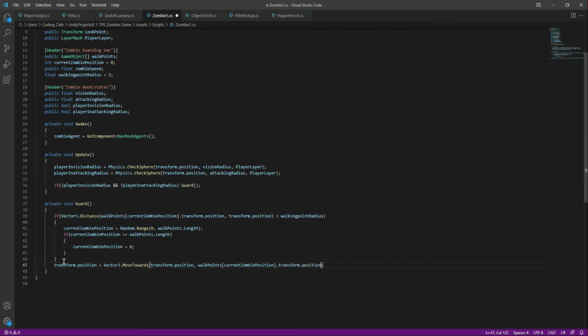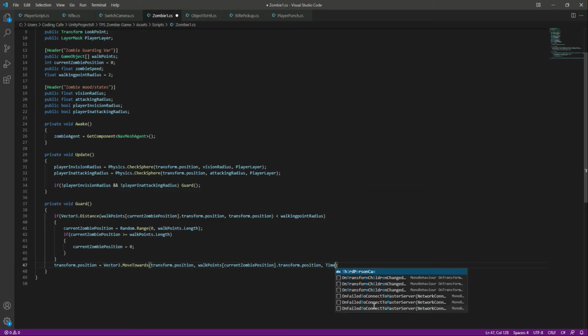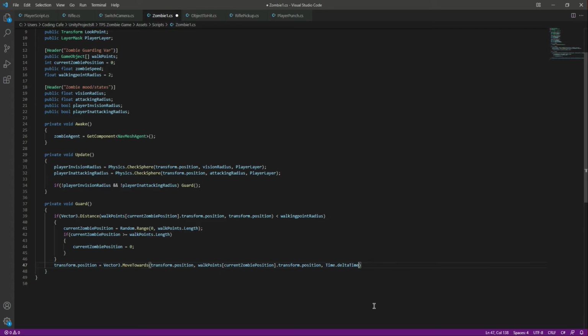Okay, now the zombie will walk towards this position, and at the end we will say Time.deltaTime. We will make the movement time dependent. Okay, and then we will multiply that by the zombie speed,